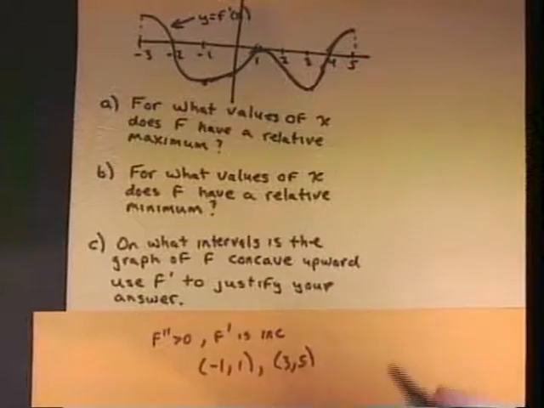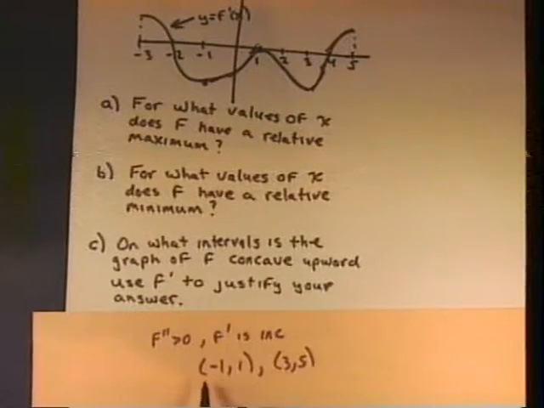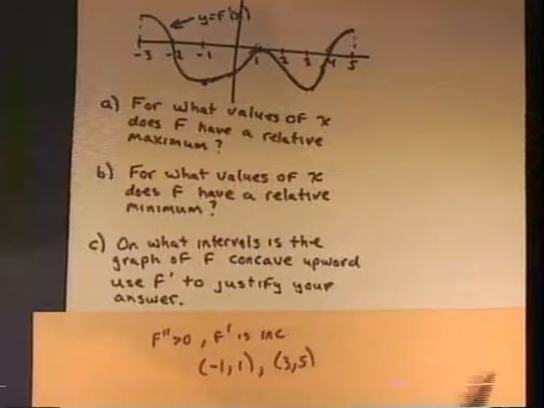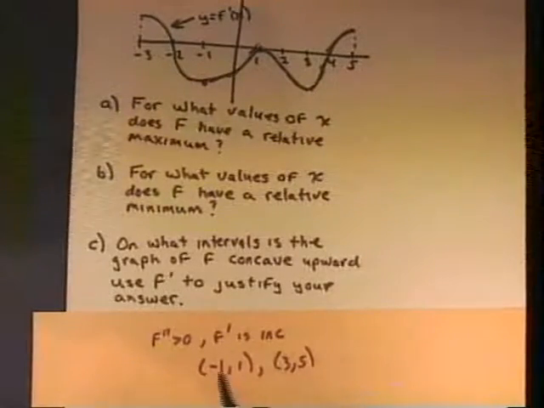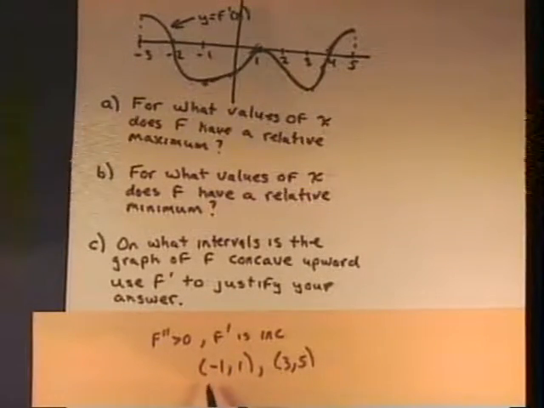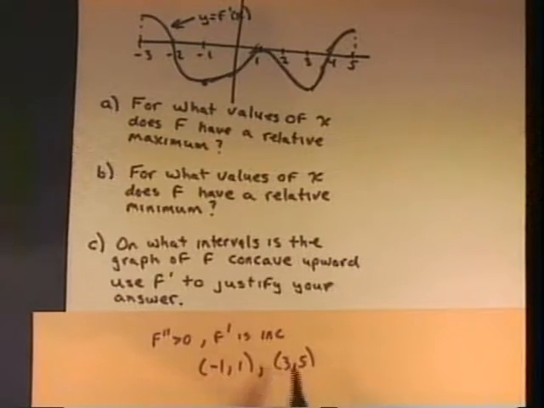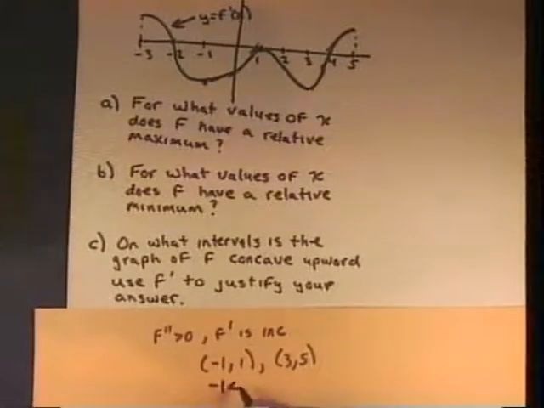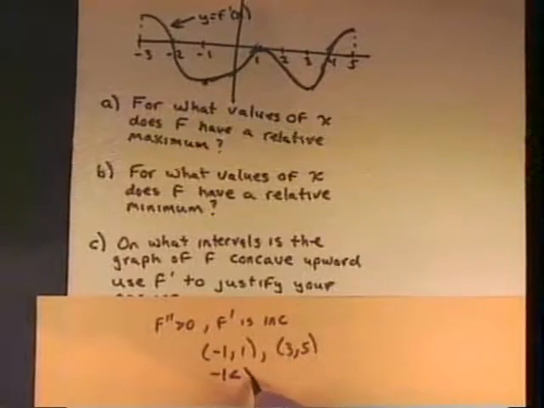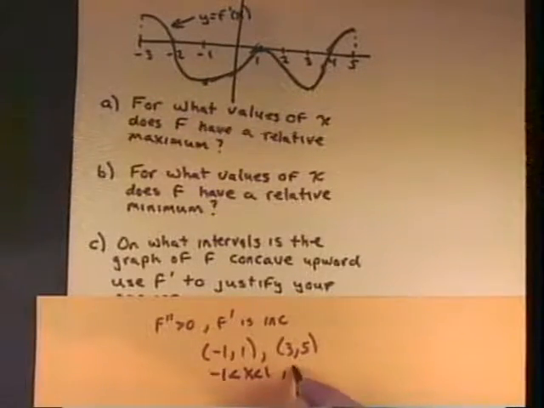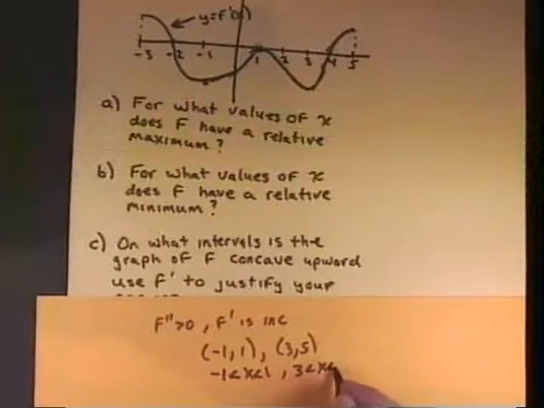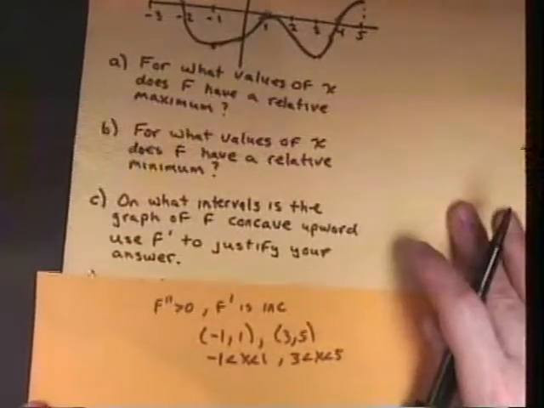Now this is something interesting. Usually on the AP exam, you get credit for brackets or parentheses. In this case, you would not get credit if you use brackets. For concavity, it's just semantics, but actually it's the definition of concavity. For concavity, you have to use parentheses. So you can just write it out from -1 to 1, but don't use an equal sign. Usually you get credit either way, but in this case, it's not like that. So that would be full credit.